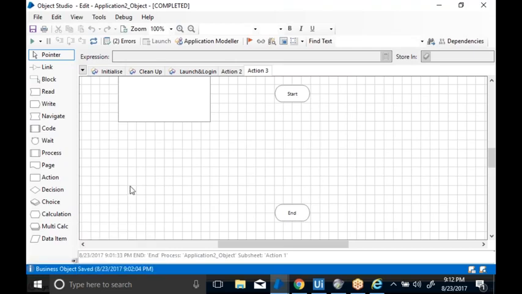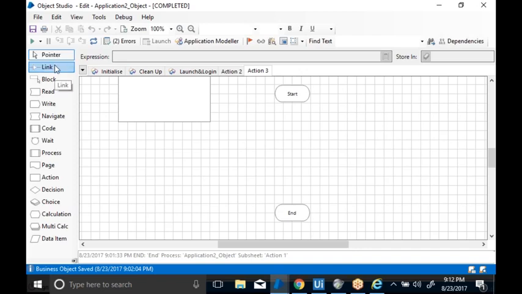Now let's see each and every stage and what each stage will do. We have seen the difference between the stages, and now what the stages do. If you want, you can write down the points. The first one is the pointer stage. The pointer is like a cursor.